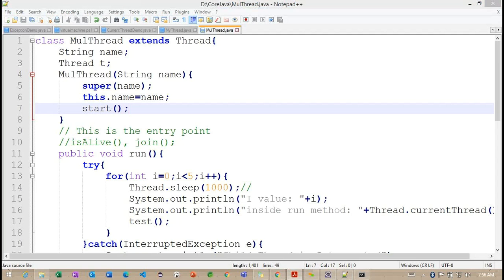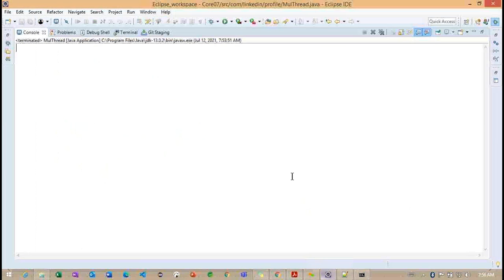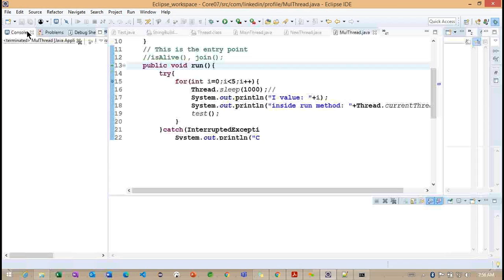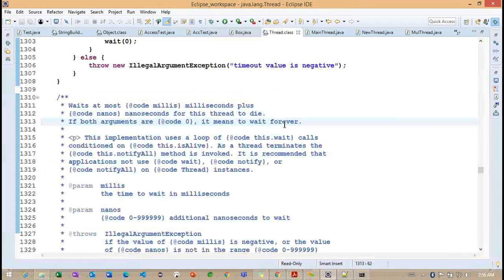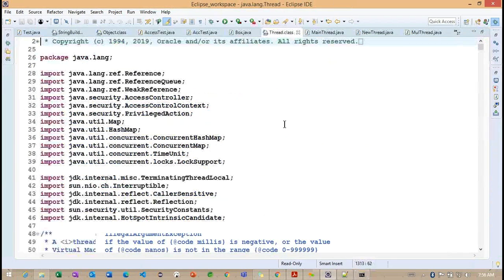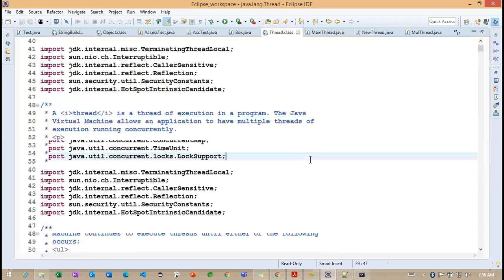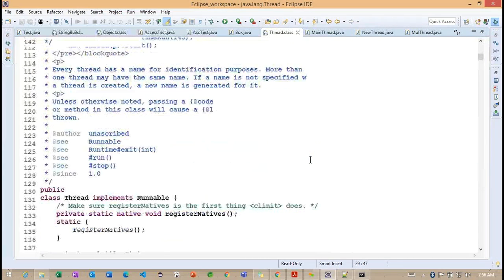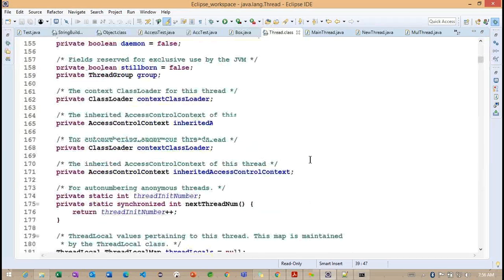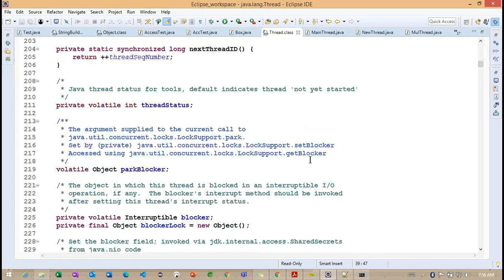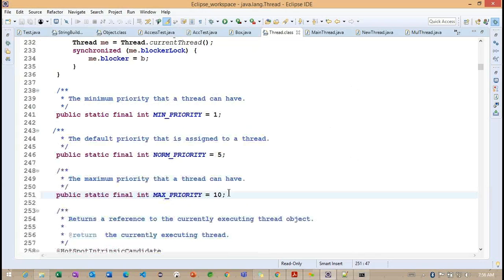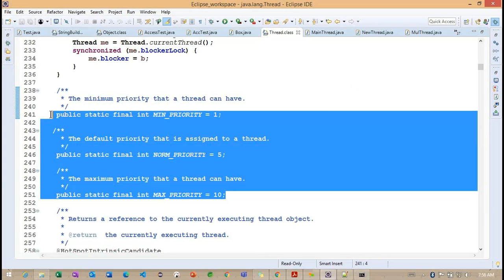Okay. Now we need to understand the set priority method as well as what the default priorities are. Now let's see inside the Thread class. Where is our thread class? In the previous section we identified the thread priorities, but we still need to understand them. So where are the thread priorities? Look, now you can see. These are the three sections which provide the priority.